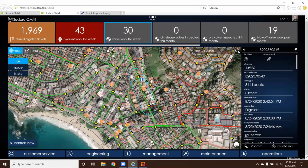So, okay. Yeah, there's a follow-on there. It's just about whether we would complete the ticket on their end or our end, and my assumption is once we put that integration in place, it would be working. Yeah, awesome. Absolutely. Okay. Can Sedaru configure to auto assign tickets based on, it looks like an assigned area or